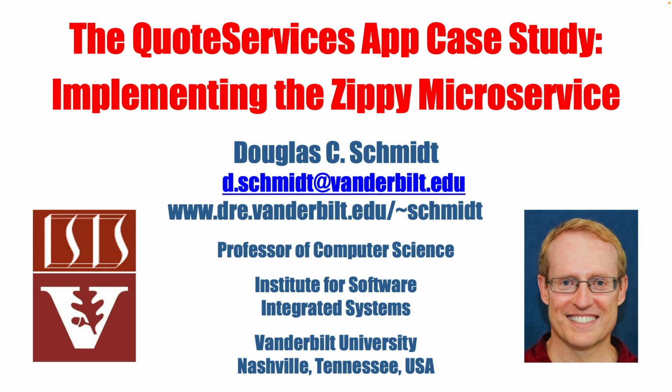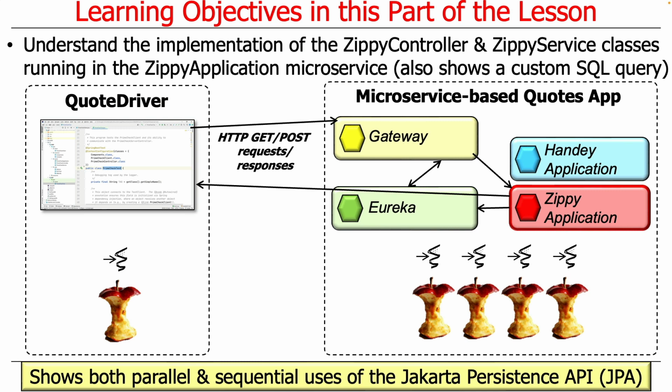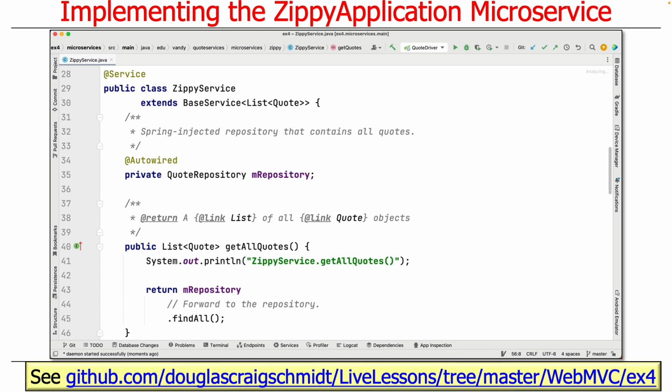So what we're going to do now is revisit the implementation of the Zippy microservice, and this will show how you can use a custom SQL query, and it'll show both parallel and sequential uses of the JPA, and so there's some interesting things there in terms of performance and so on. So you can find this, as always, in my EX4 project, in the web MVC folder, in my LiveLessons